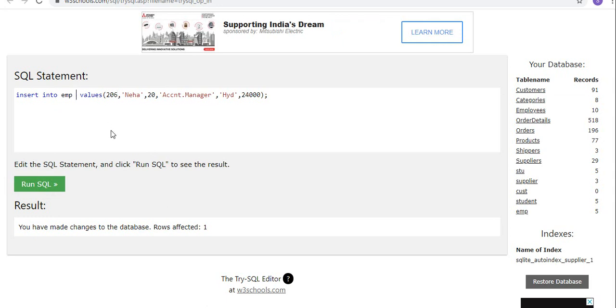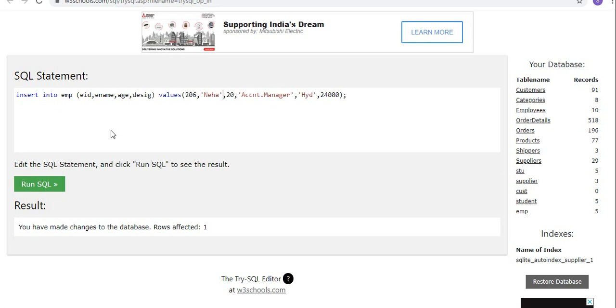Insert into EMP. Now first is EID, comma, ename, comma, age, comma, designation. I'll enter only these values. Okay, I won't enter remaining values.